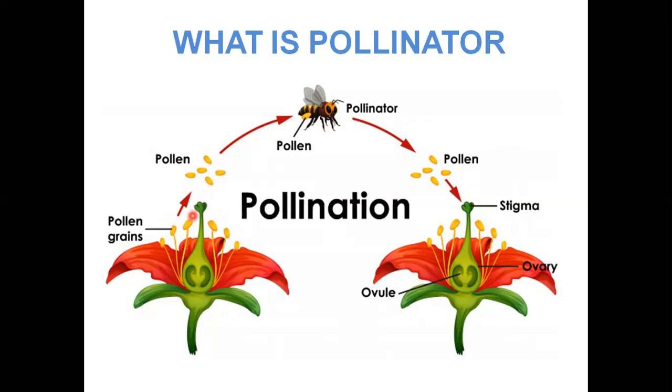That is, when they fly in search of food and sit on the flower, the pollen grains from the anther stick to their body, and they land these pollen grains onto the stigma of another flower when they sit in search of sweet juice like the nectar present in the petals. After landing, the pollen grains enter the ovule of the ovary via the pollen tube, and both pollination and fertilization take place.